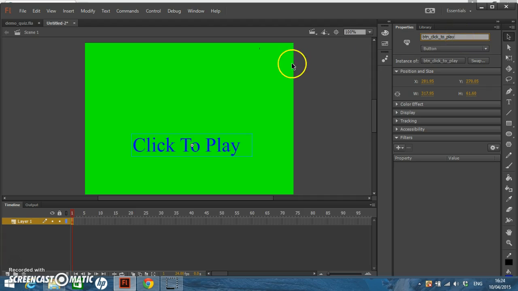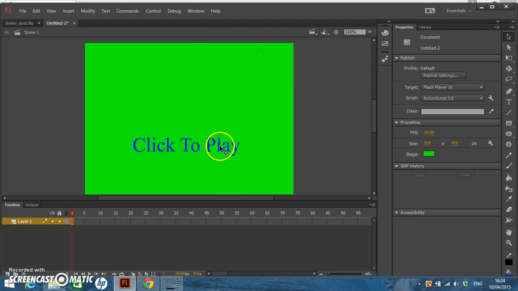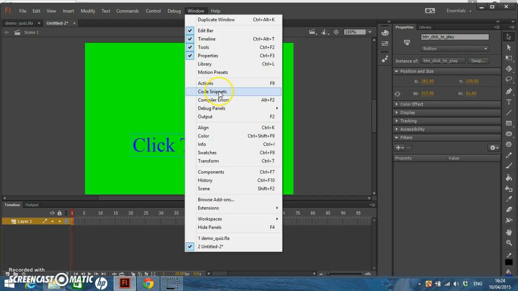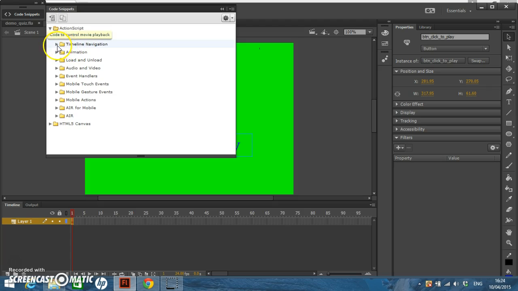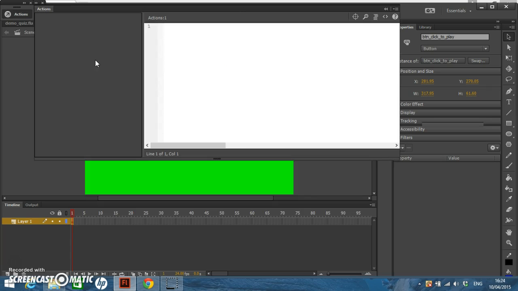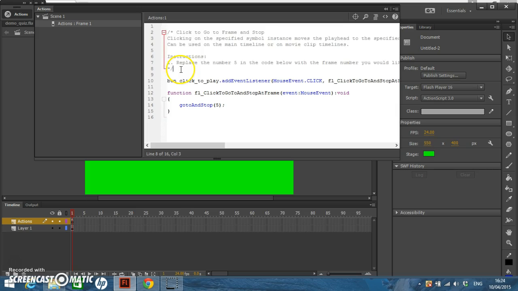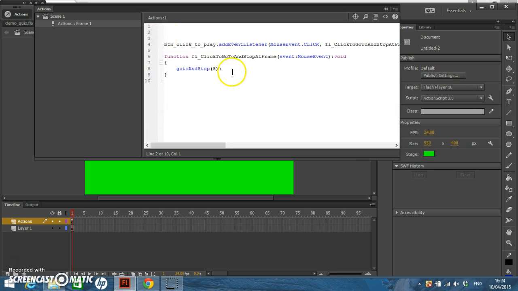The next thing we need to do, again, we have the button clicked. So we need to come into code snippets. What we want this button ultimately to do is to go to frame 2 and to open at the question 1. And this does that for us. This is our button click to play, which I've named above here in the property section. We've added an event listener. It has a parameter. This is the function, and it's a method